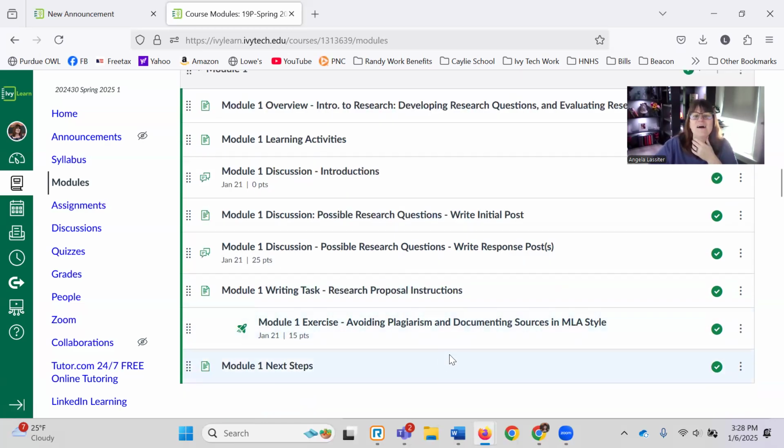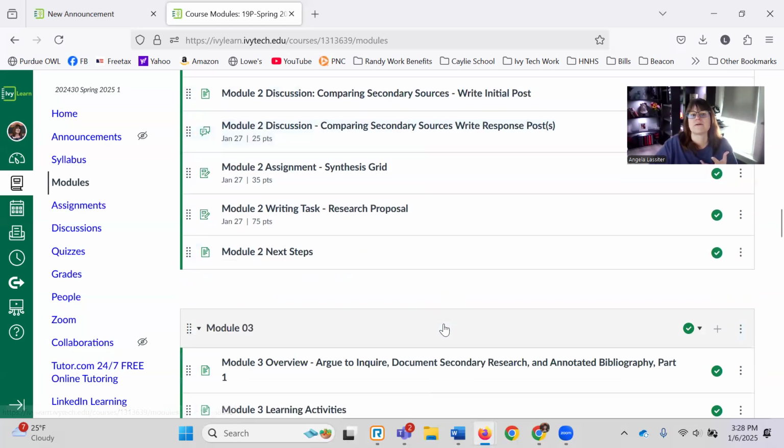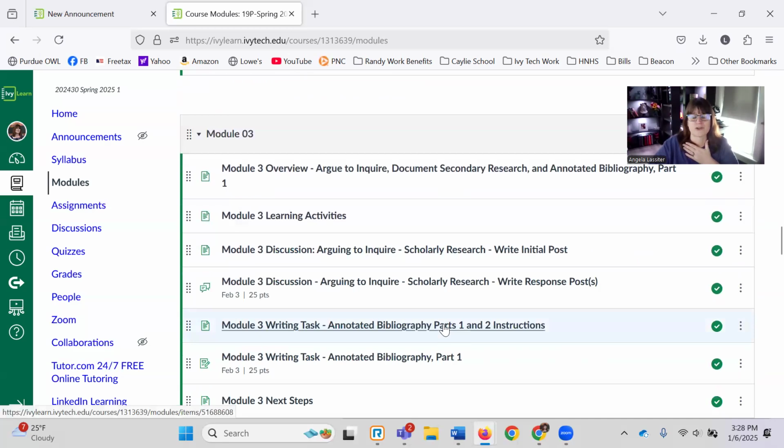So make sure that you include the names of those, like the module two discussion. As you can see, there's two of those, so please be specific. Make sure you let me know exactly what you're talking about. It's just so much easier for me if you give me your course name, your name, and the assignment. It makes it so much easier for me to hop on, go straight to what you need, and fix it or give you information about it.